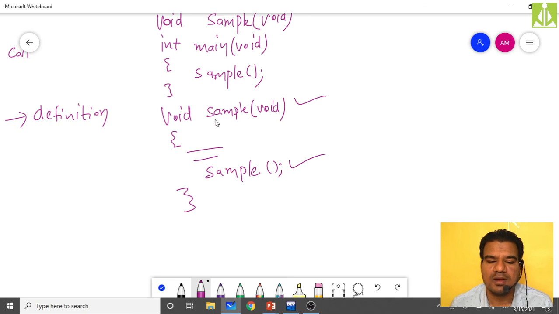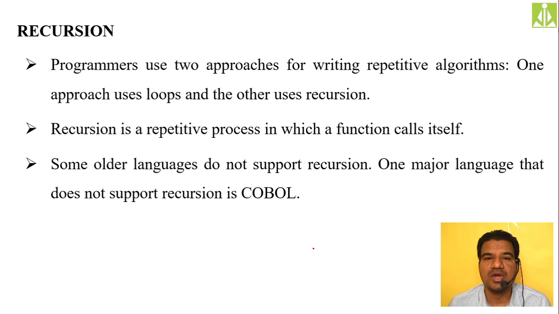About this recursion we'll discuss in detail in our next session, in our next video, and with that we conclude your fourth unit. In one or two more sessions I'm going to wind up the fifth unit as well. Half of the fifth unit we already discussed. Don't think that we need to discuss the entire fifth unit. It is not like that.